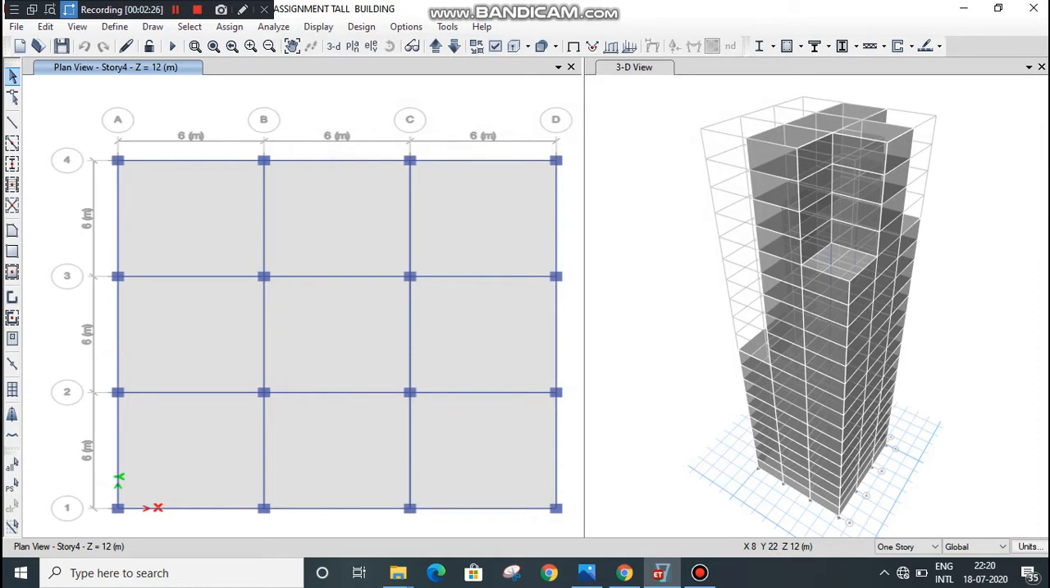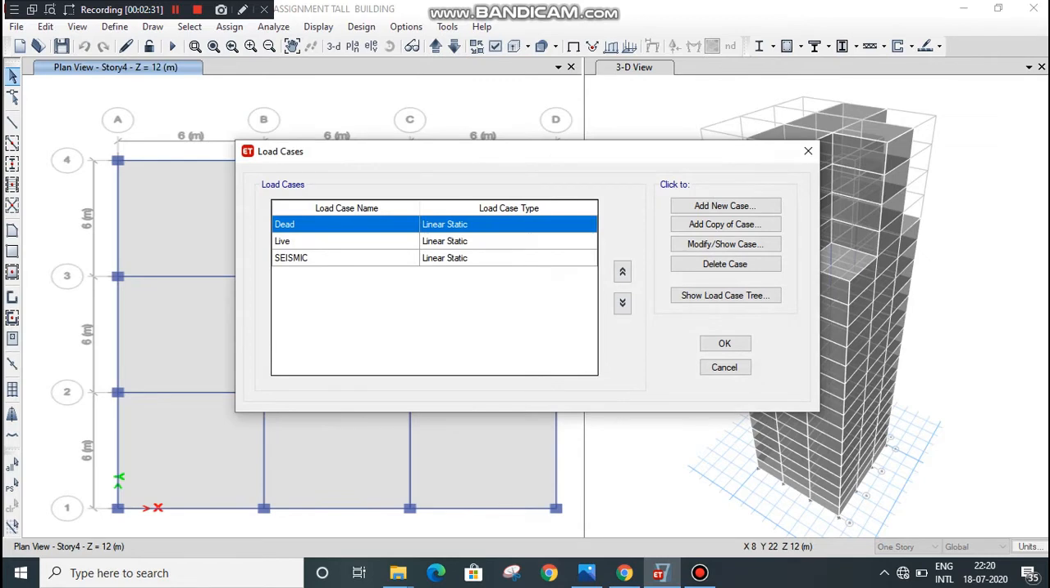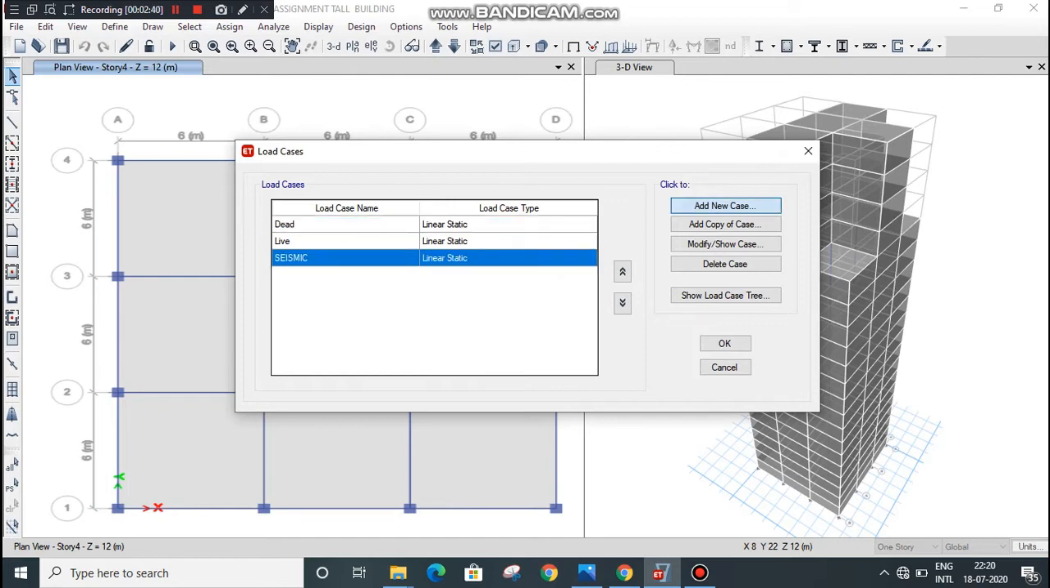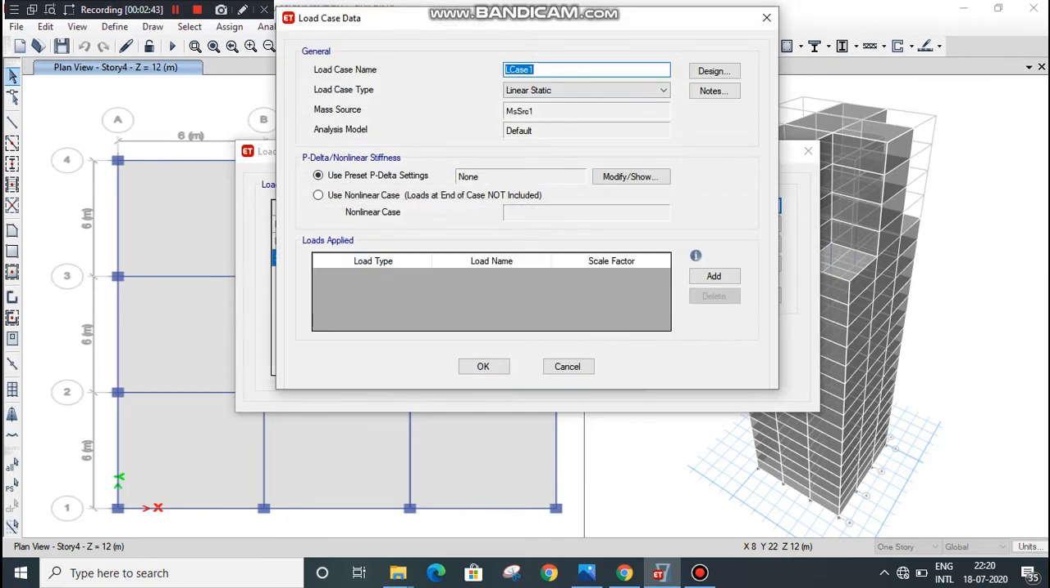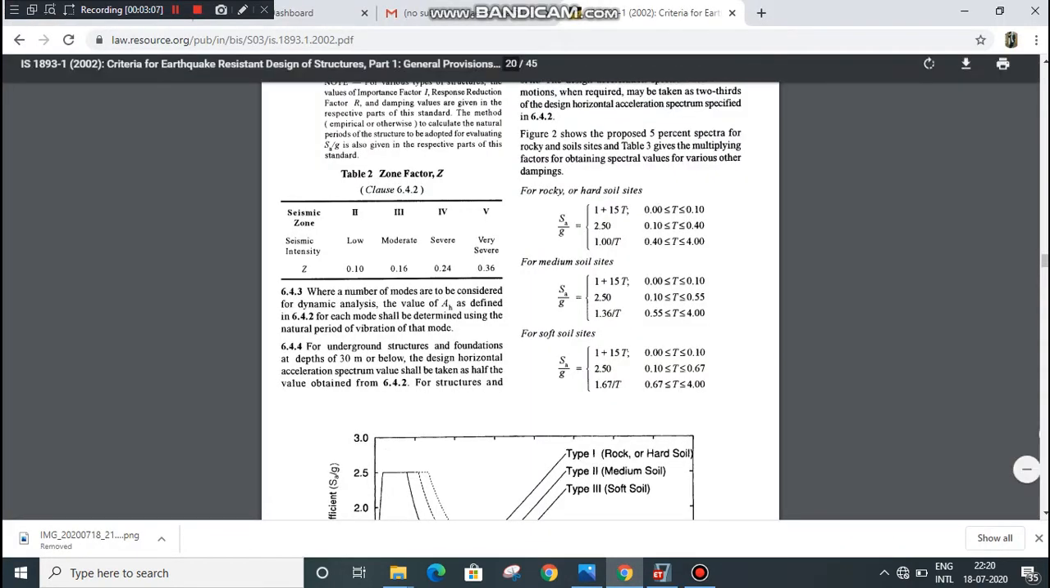Go to define menu, go to load case, click on add new case, give a name response spectrum, load case type response spectrum, click on add. Now function type is response spectrum. Now scale factor, scale factor is given by